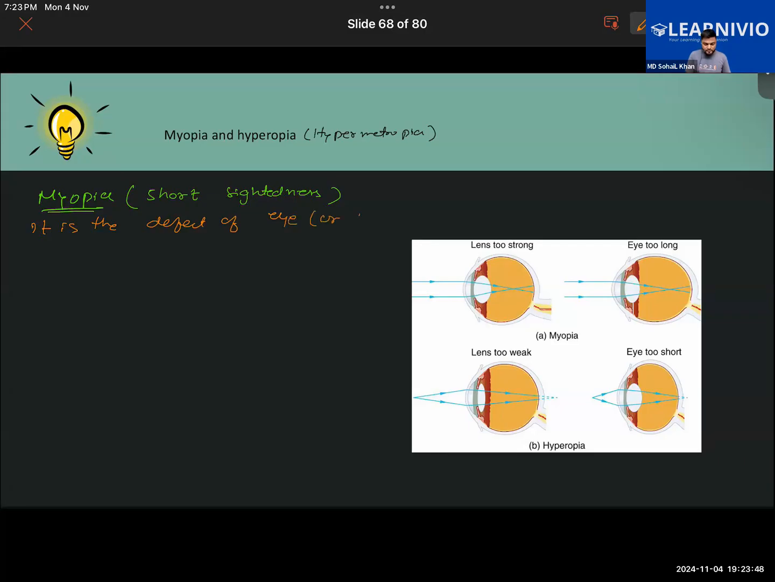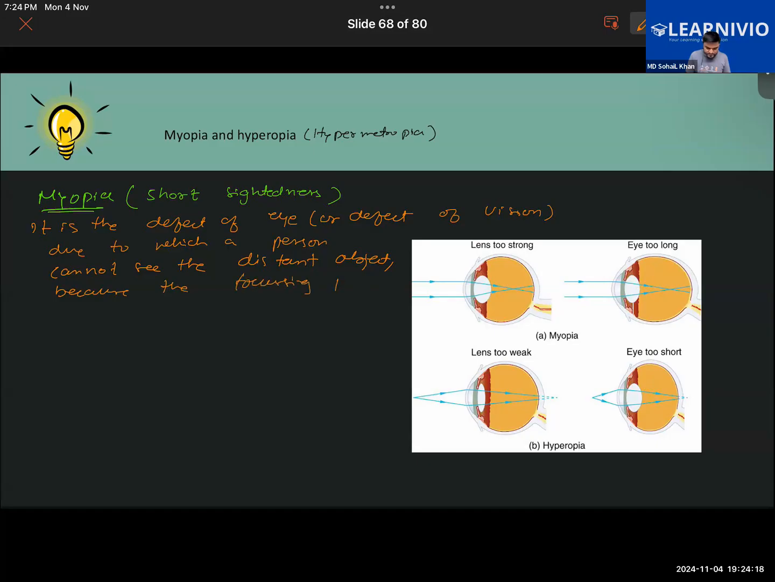It is the defect of the eye or defect of vision due to which a person cannot see the distant objects because the focusing